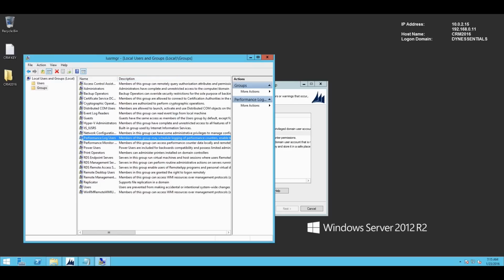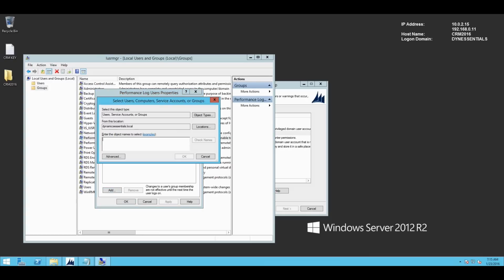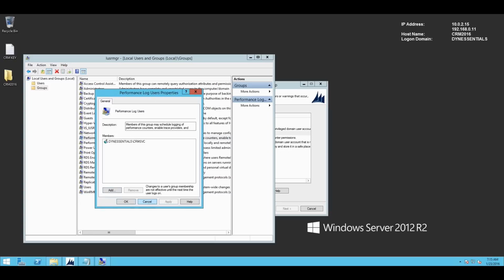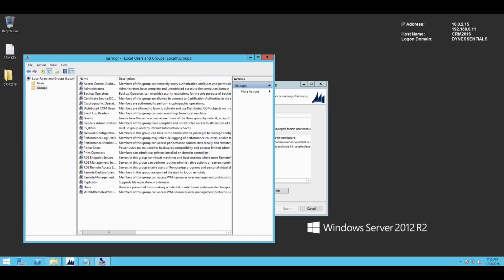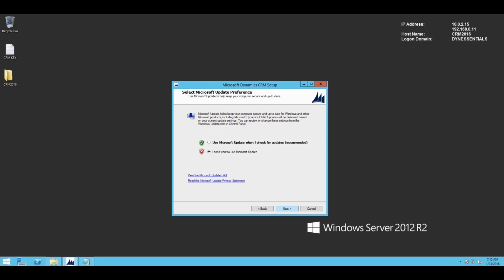to this group, performance log users. You need to double click it, click add, and to add the user we created earlier to run the CRM services. We're going to add it here. Right, we're going to hit back, next again,